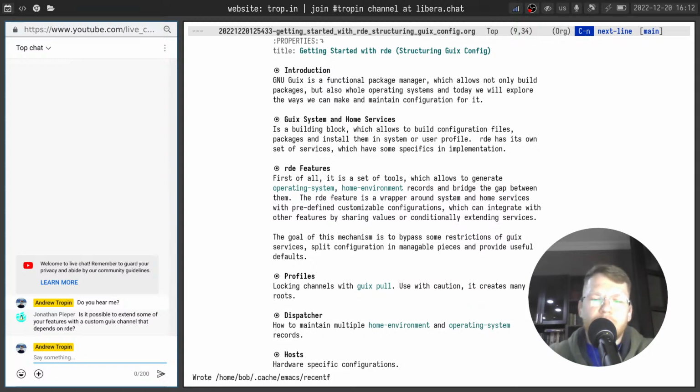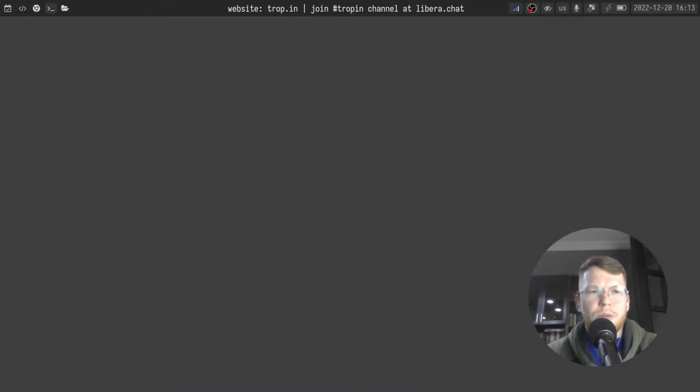But all RDE features rely on the home and system services mechanism. That is why if your feature defines some services which extend the services defined by some RDE features, this way it can extend it. For example,